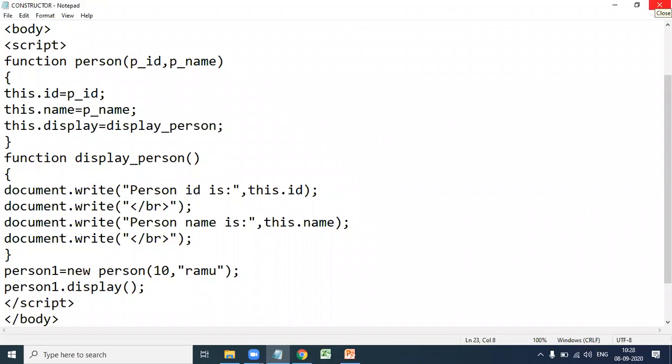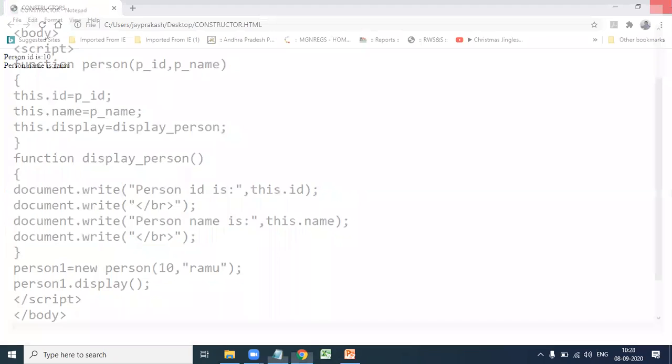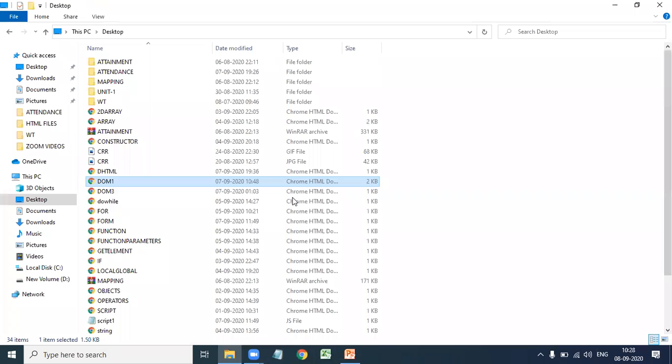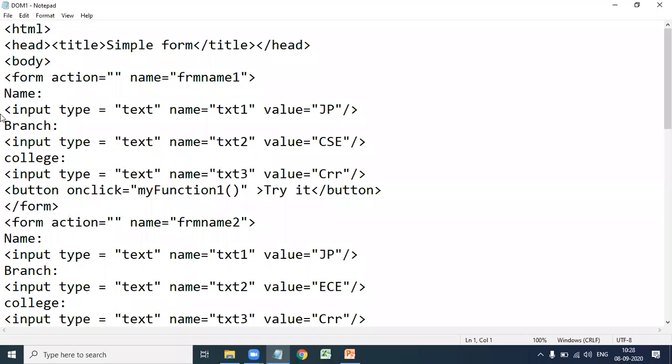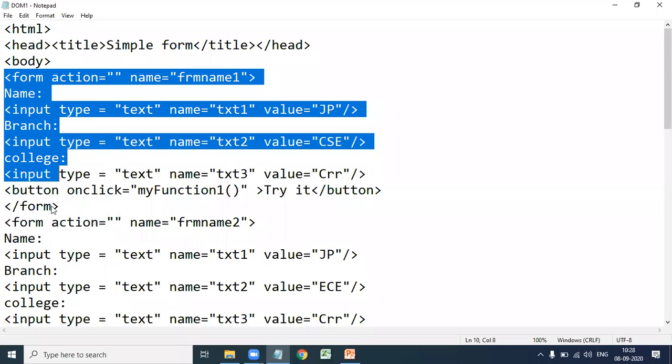So let us see the next program, the document object model. Here we write one form.